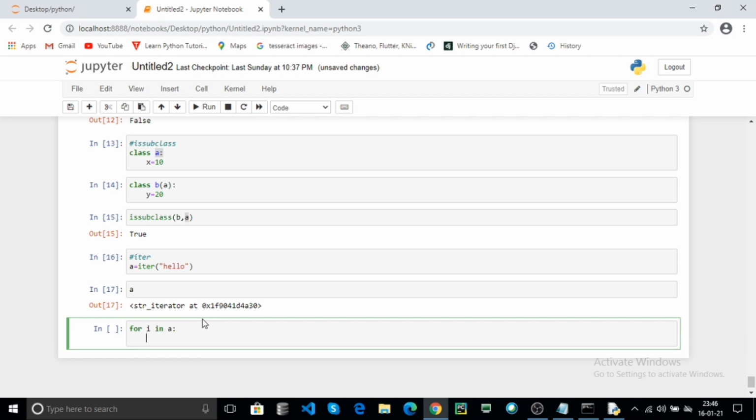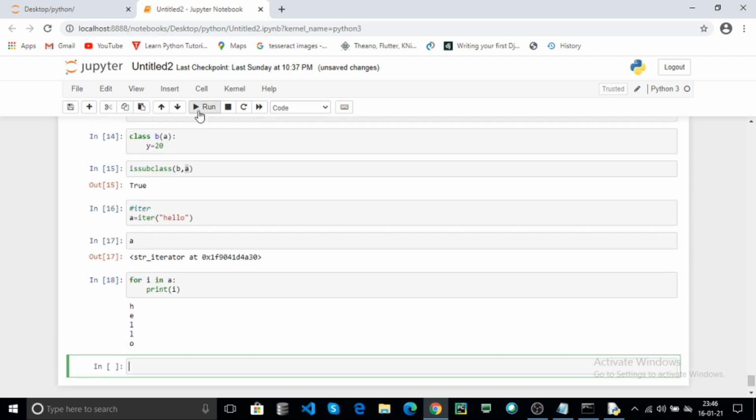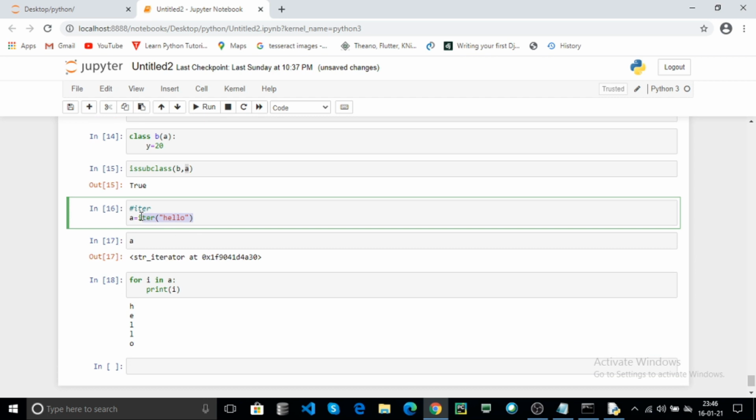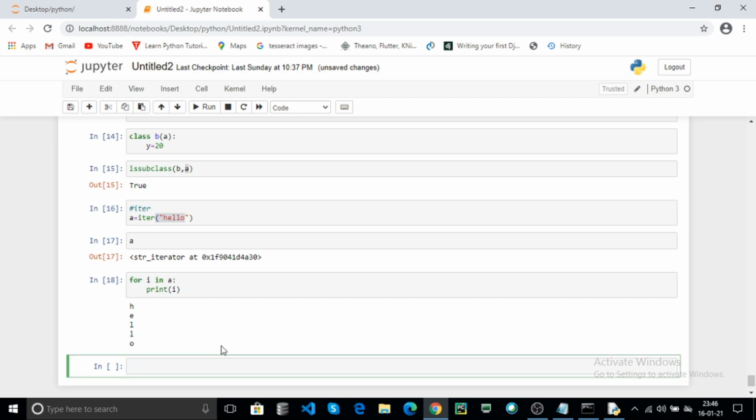You can directly pass print of A. Click on run. Because iter is an iterator object, without using a for loop or while loop, it iterates every value in the given object. You can also use next of A. Click on run.